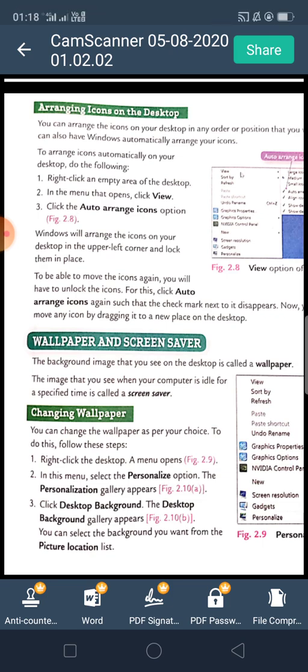Next, if we want to unlock any icon, click on Auto arrange icons such that the check mark next to it disappears. Then the check mark will disappear, and now we can drag the icon to any new place on the desktop.